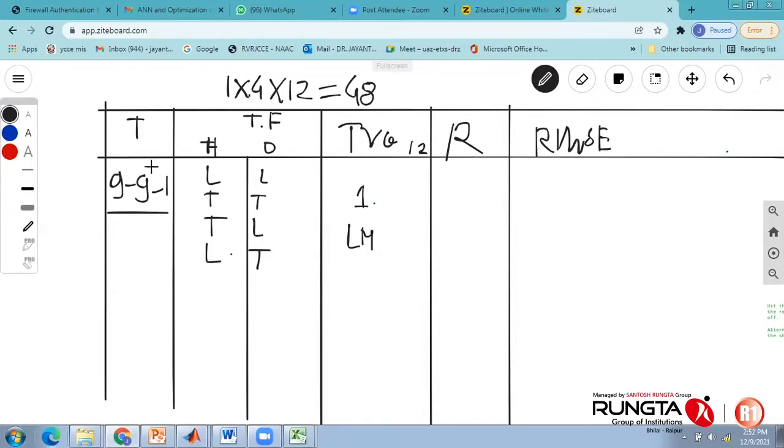Now, how many neurons are permissible in a neural network? There is no specific thumb rule available. A few researchers in a few books talk about it being not more than 2n plus 1 hidden neurons in a neural network, wherein n is the number of input variables. So practically, if I have 9 input variables, that means 18 plus 1, 19 neurons could be there,